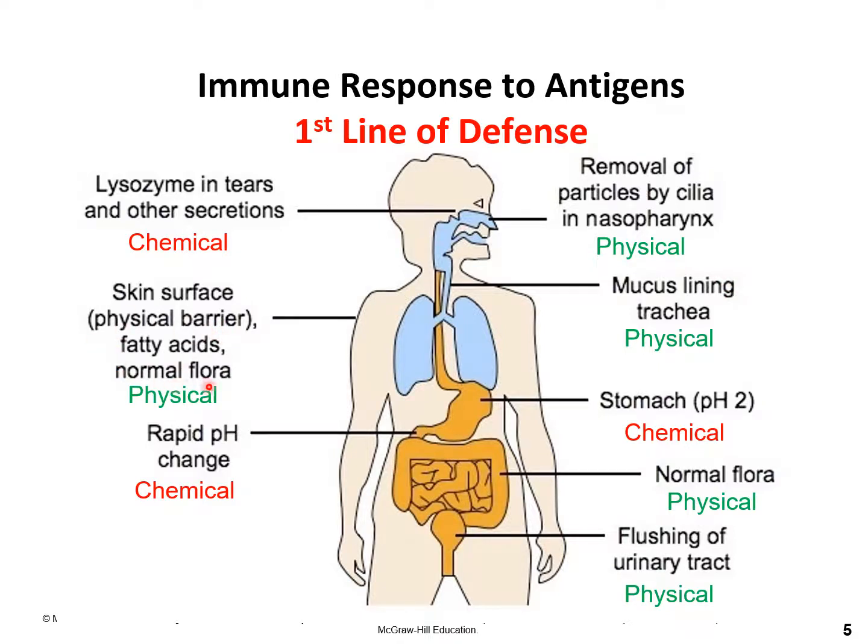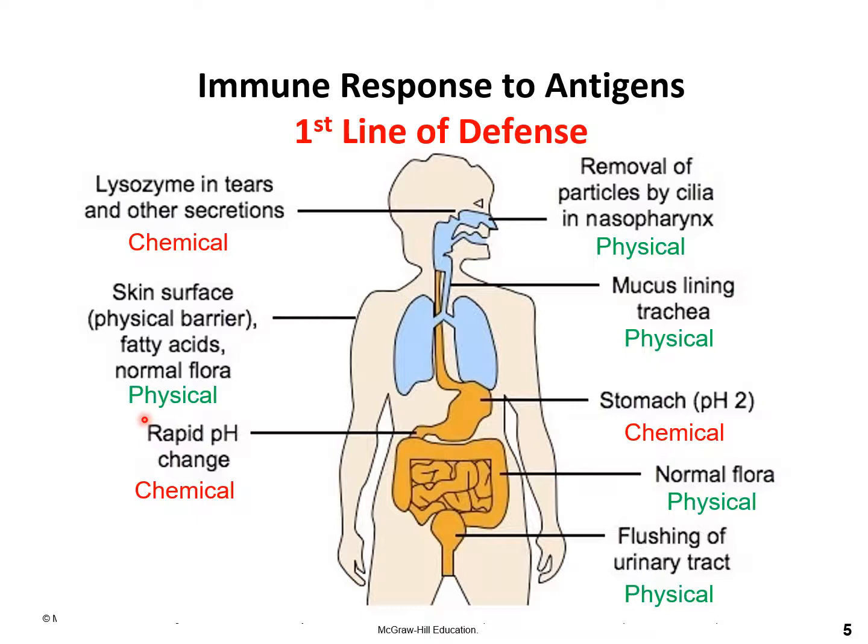Our skin is a physical barrier. Fatty acids and normal flora, normal bacteria that normally live on the surface of our skin, produce enzymes that help our skin and our bodies defend itself against other bacteria that are trying to attach to our skin and enter into our bodies to set up infection. And so the bacteria that are normally found in and on our bodies serve that purpose to protect us from